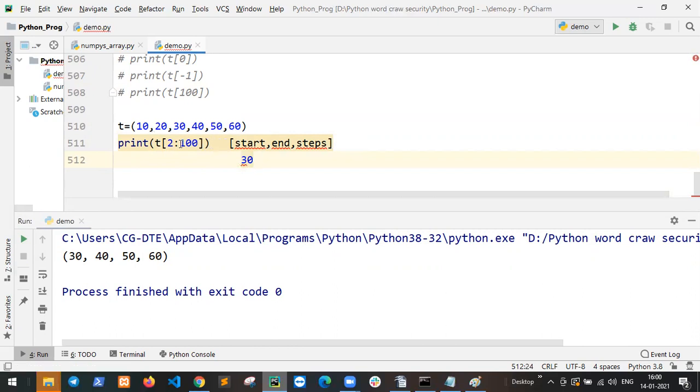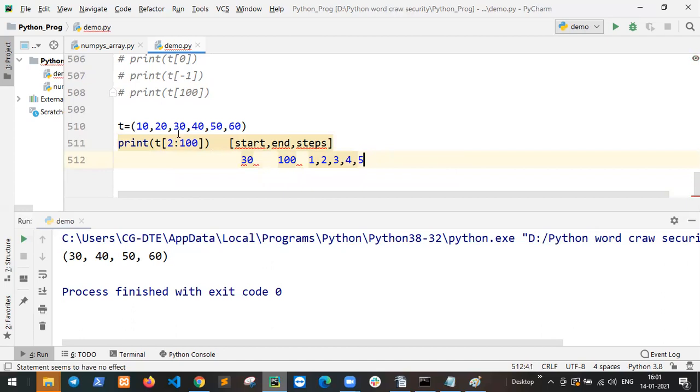If I say 100, then 100 is your end value. But index 100 is not defined, so it goes through up to the last index, 60. The step is not defined, so by default the increment is 1.